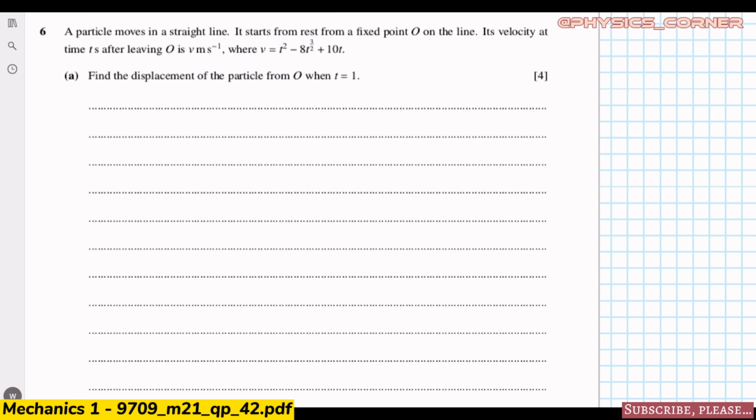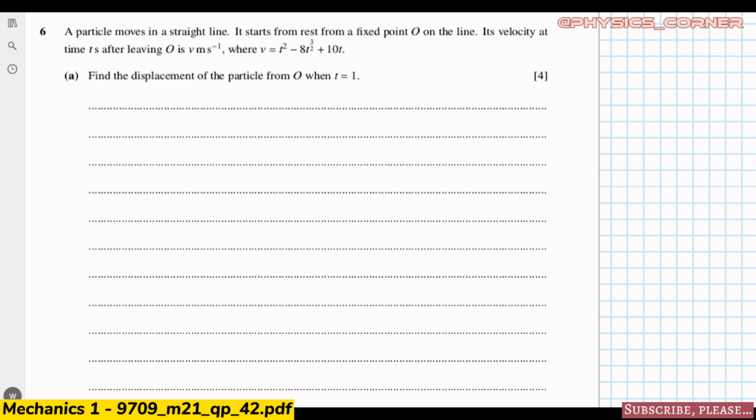It's from point O, the particle is from rest. Yeah, from rest. So maybe we need to integrate this velocity to become displacement, because displacement means integration of velocity. And from O to t equals 1, it means start from 0 to 1, like displacement, or let's say